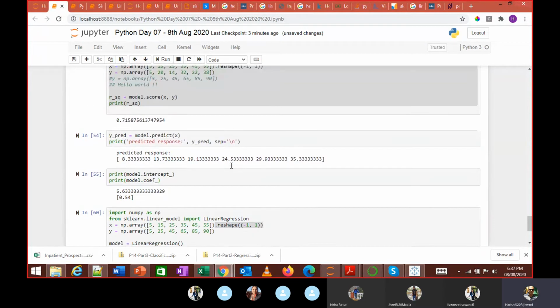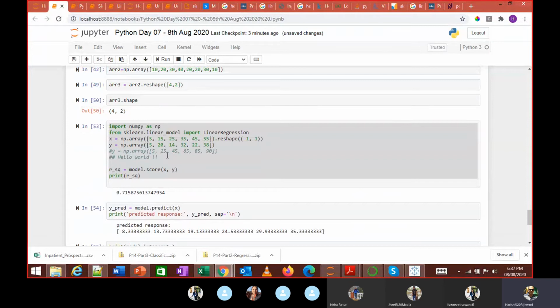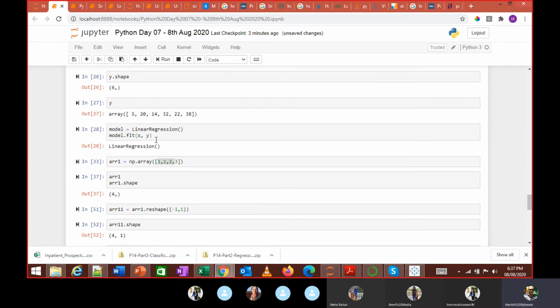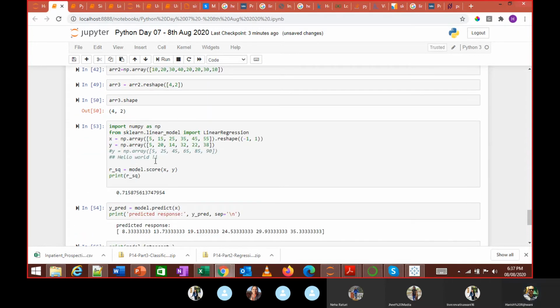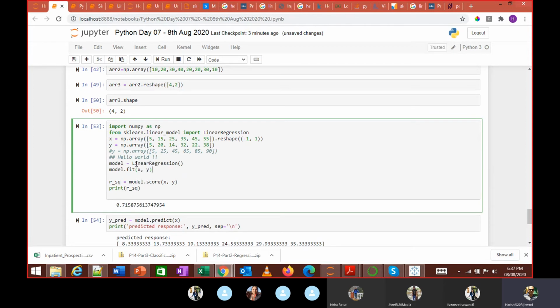Everybody got this? How to use this model. I am importing this package of linear regression. I have used two arrays, x and y. I need to first use any variable and assign linear regression to it.